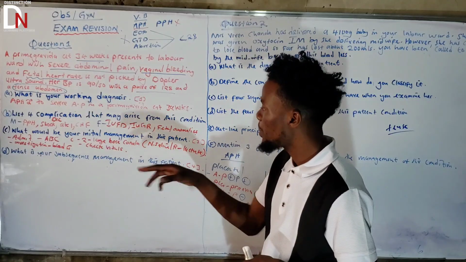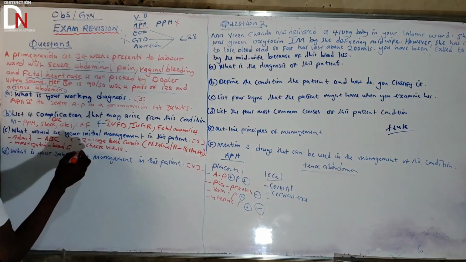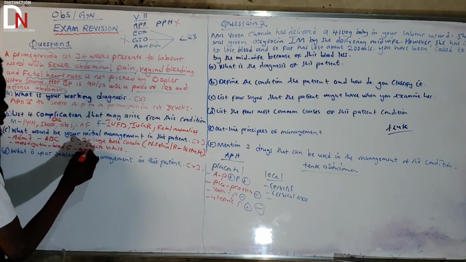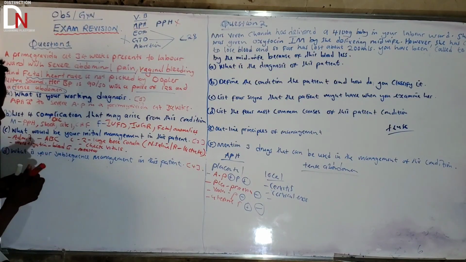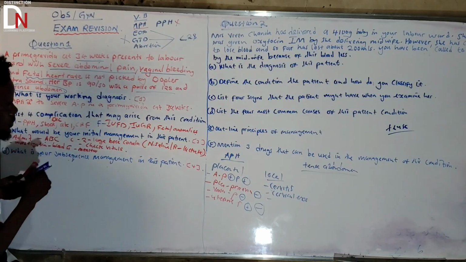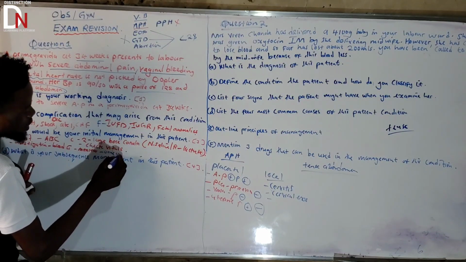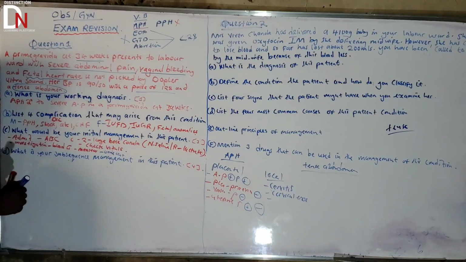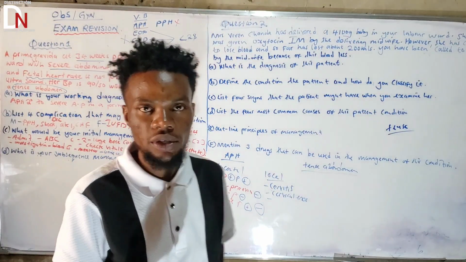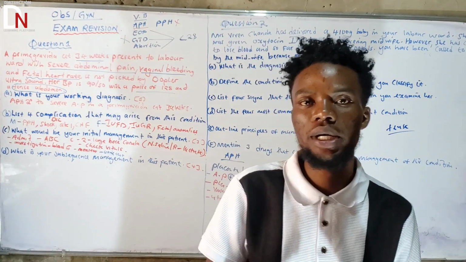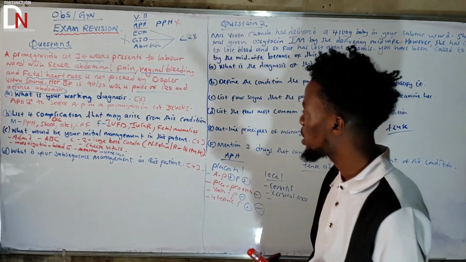Okay. So apart from that, then that's when you can monitor. So you can monitor now. What are you supposed to monitor here? You need to monitor a lot of things. You need to monitor the urine output. So for monitoring urine output, basically you need to catheterize that patient, so that you can